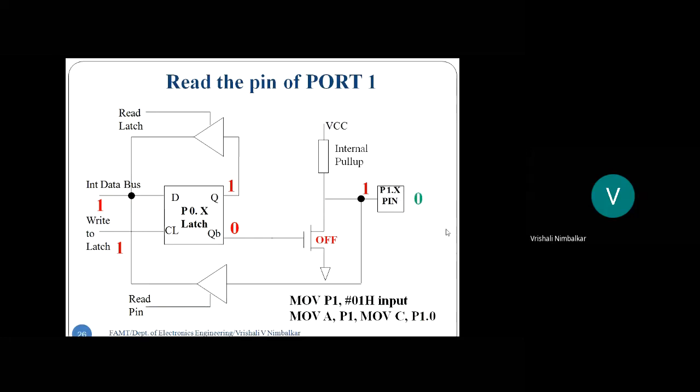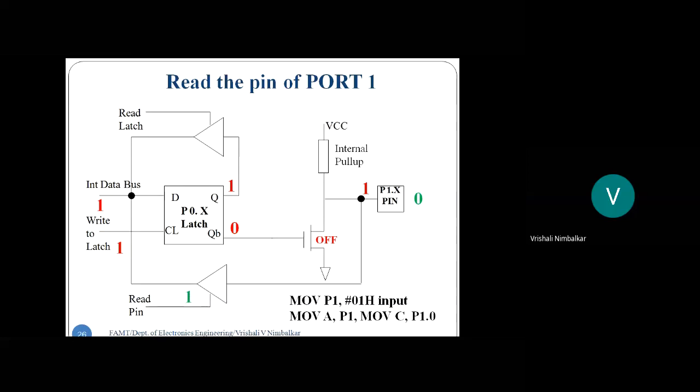Okay, so now see what we have connected on the pin. Whatever green color you see is given by the programmer or the user. The user has made this pin ground. So the green color shows that externally we have grounded the pin. And now while executing the second instruction, MOV C, P1.0, the microcontroller will activate the read pin control signal. Why? Because we are only reading from the port. The port is only the source operand. In that case, the read pin control signal gets activated.